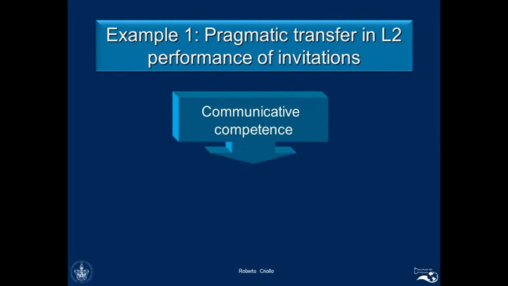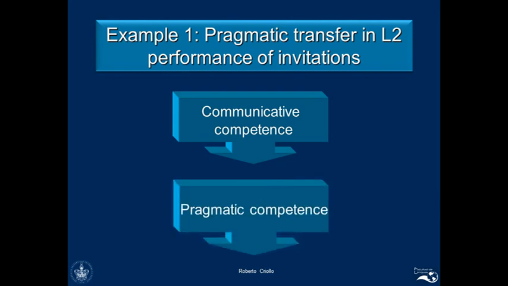So we started from defining communicative competence because we think this is the most general concept. We want people to be able to communicate in English. So communicative competence is the first one, and then later, within the different components of communicative competence, we are interested in pragmatic competence because we believe this is the one that helps learners to successfully communicate with native speakers of the language. So in this case, pragmatic competence was the concept that came.